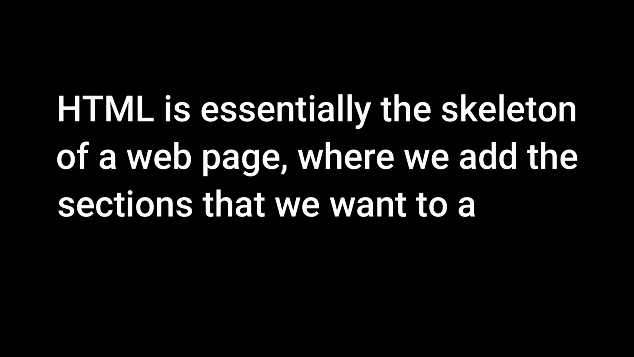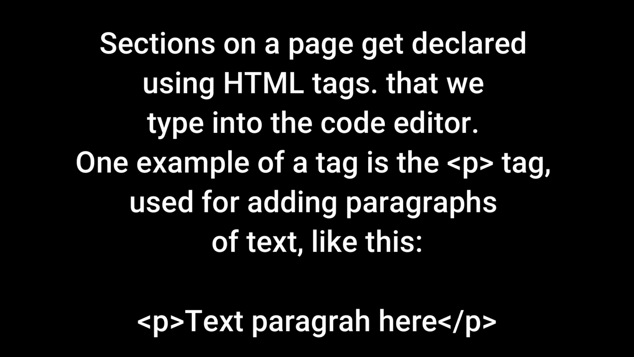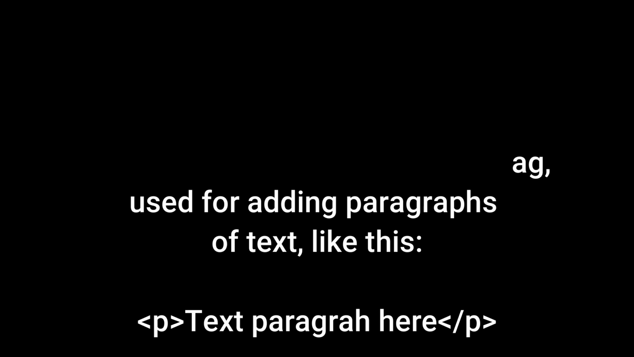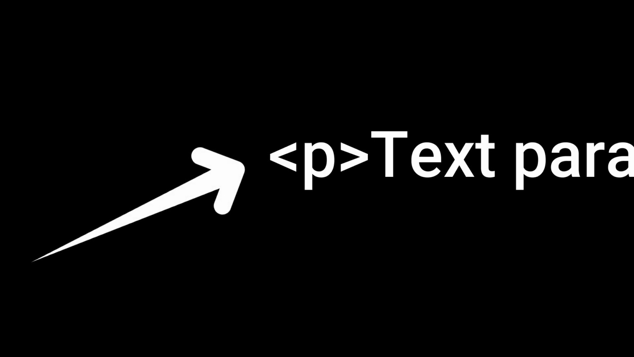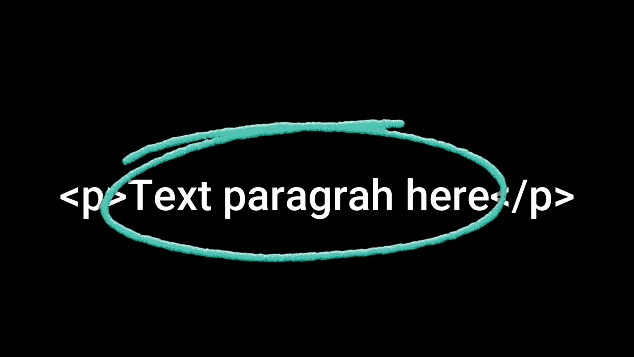As mentioned, HTML is essentially the skeleton of a web page, where we add the sections that we want to appear on our page. We declare these sections using HTML tags that wrap around our content and tell the browser what type of content it is. A common example is a p tag that displays the contents of a paragraph. We type the start tag and the end tag into our code editor, and it's between these tags that we